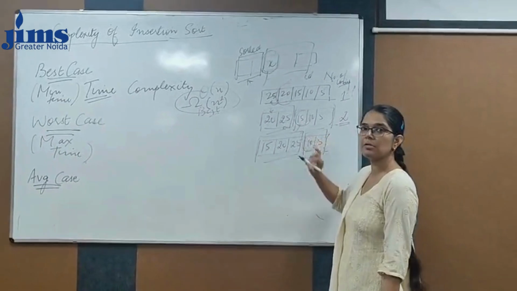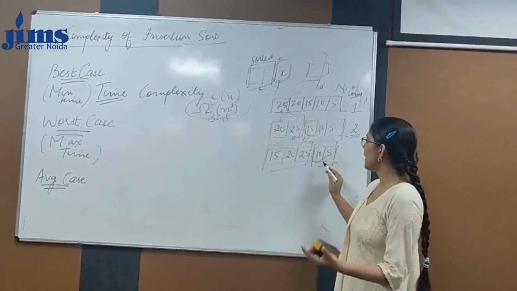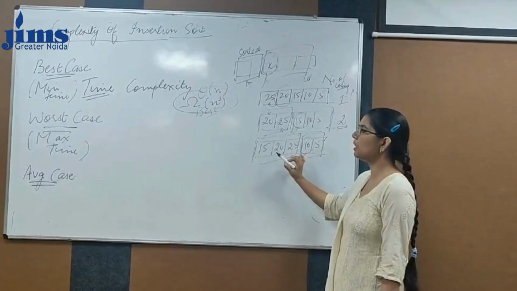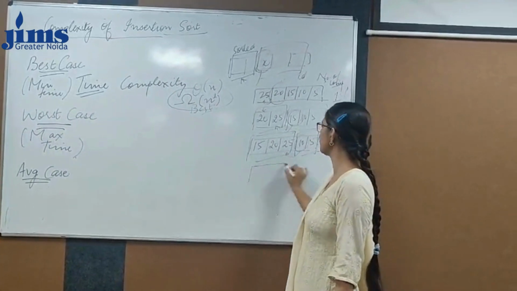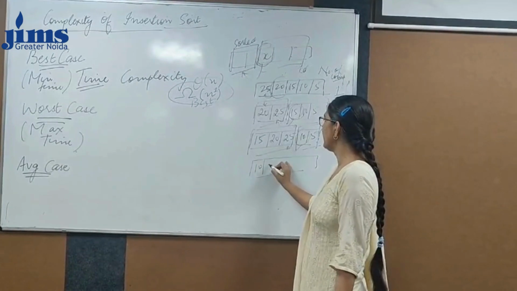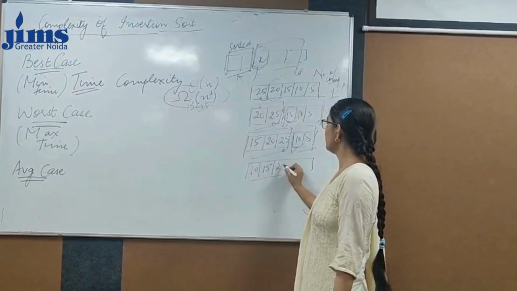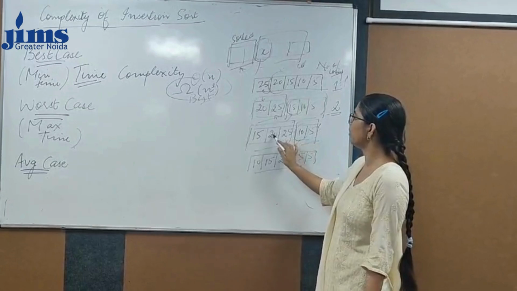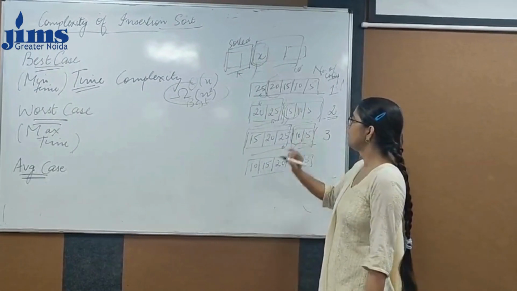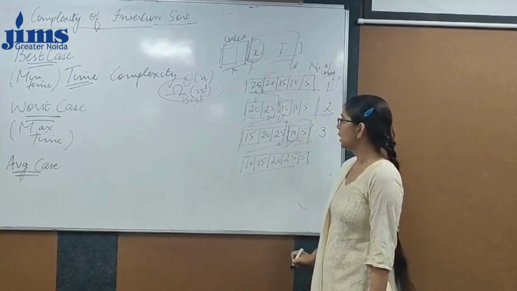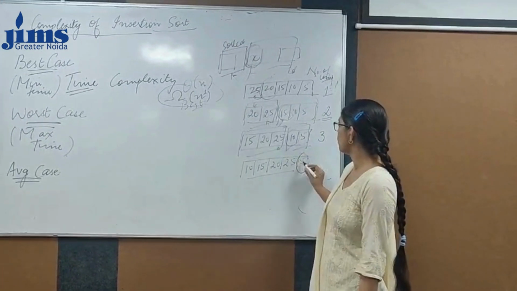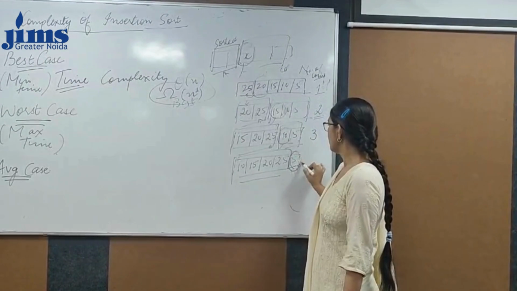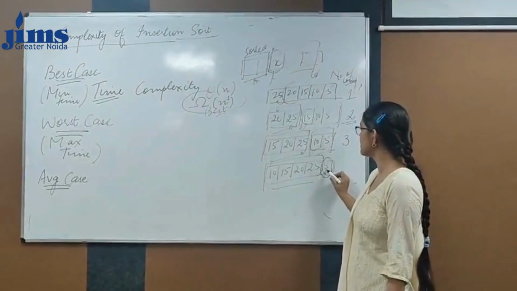Now is the turn of 10. How will the comparisons be executed for inserting 10 into the sorted portion? First with 25, then with 20, then with 15. Each of the 3 values will be shifted to the right, and then comes the leftmost position where 10 will get inserted. So 10 was compared with all the 3 values. How many comparisons did 10 encounter? 3. Now the same scenario comes with the last value, that is 5. In the unsorted portion, the first value is 5. Since 5 is smaller